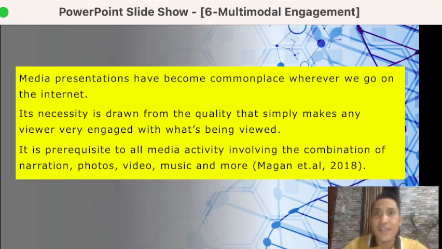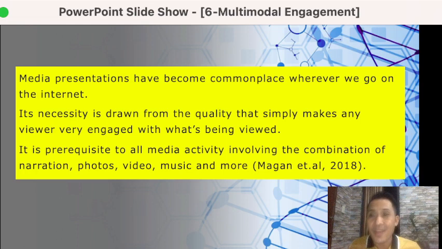If you may have noticed, a lot of documentaries which are being shared on YouTube and other social media platforms have incorporated music in their videos, and they are very engaging. They're very interesting because the music also matches the mood of the video. For example, if it's a happy video, the music is a little bit upbeat. But if the mood of the video is a little bit sad or melancholy, then the music also is similar, or it adapts also the kind of mood that you are presenting, and also the photos, right,